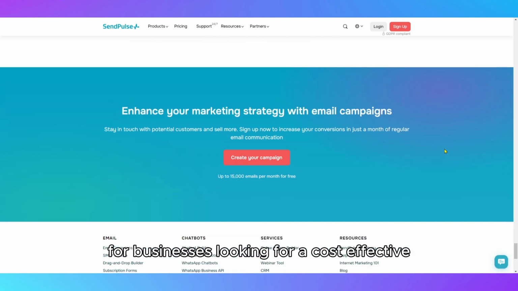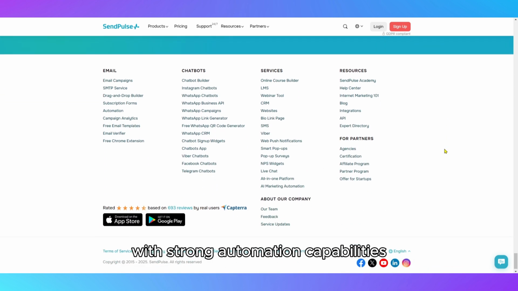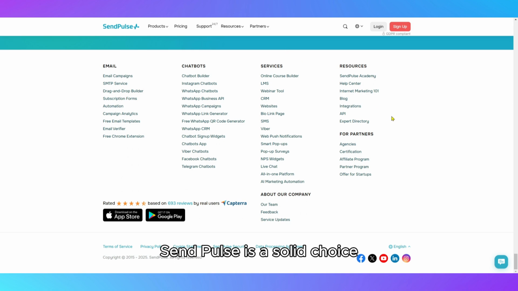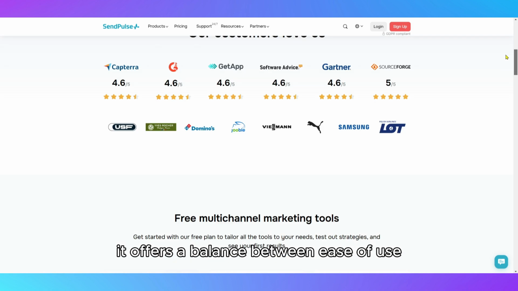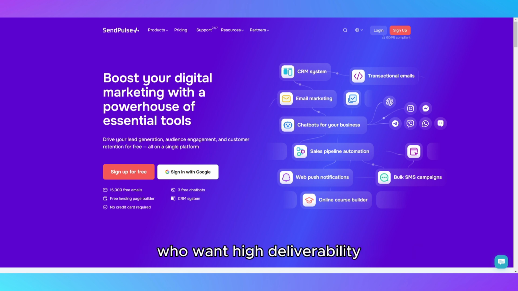For businesses looking for a cost-effective, multi-channel marketing tool with strong automation capabilities, SendPulse is a solid choice. It offers a balance between ease of use and powerful features, making it ideal for marketers who want high deliverability